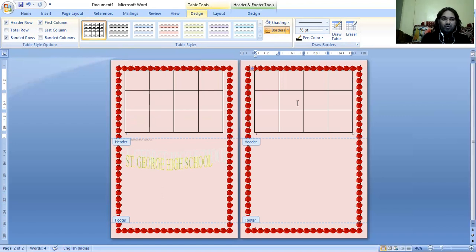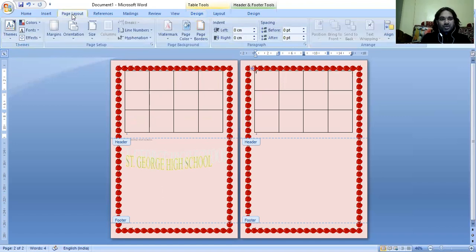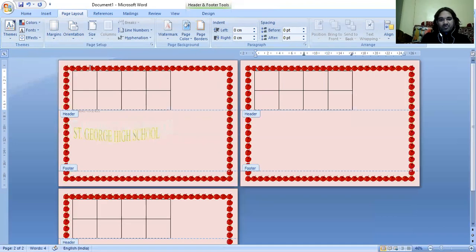Okay, page layout, here is page layout. Okay, you can see margin, orientation. Okay, landscape, if I click on landscape, you see what the shape will be. Can you see? Now three pages are there. Even the size of the page has been changed. So page layout can be used. Okay, overall size, margin, everything is there.